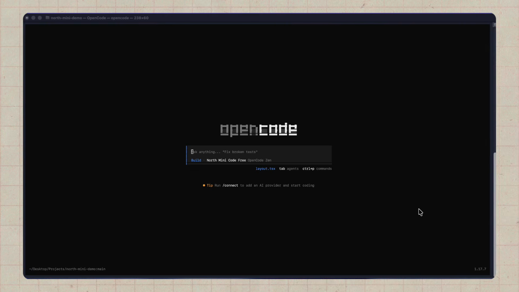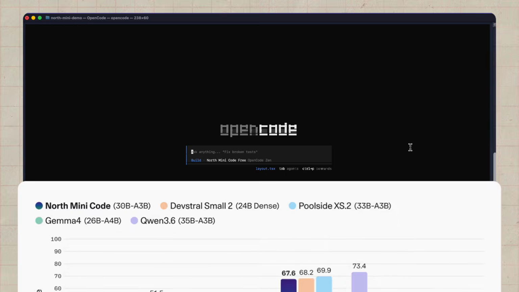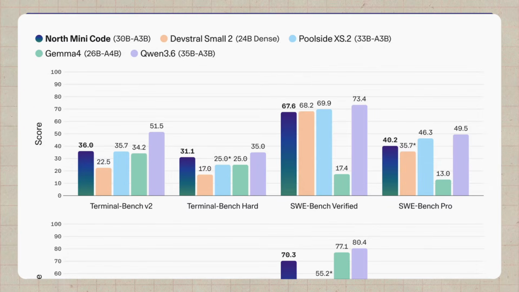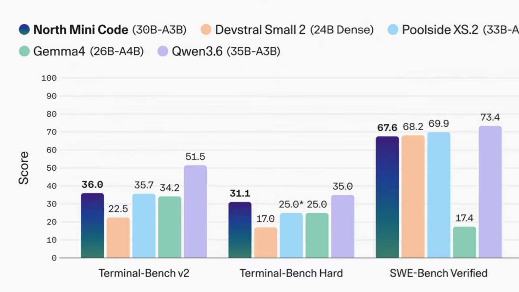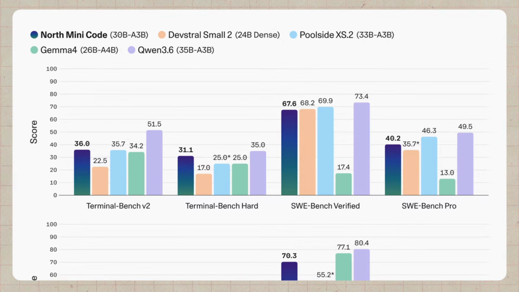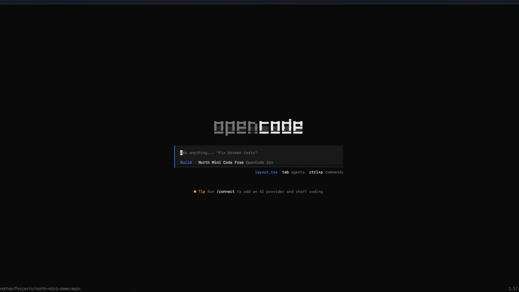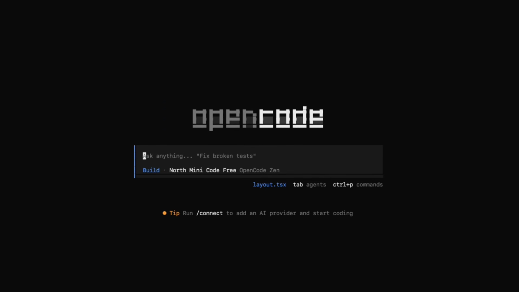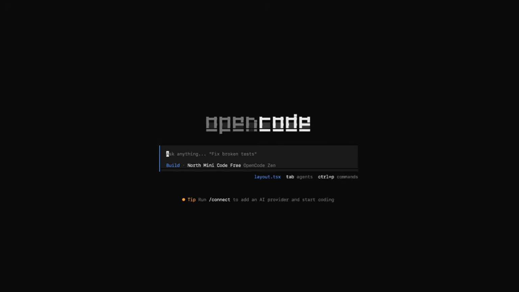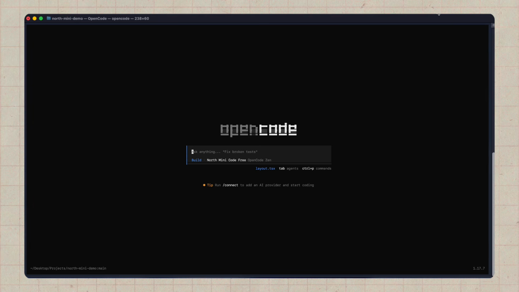After testing it inside OpenCode, my first impression is surprisingly positive. The model feels capable when exploring repositories, understanding architecture, fixing bugs, and implementing features. Is it replacing Claude Code tomorrow? Probably not. But considering it's open source, has a 256K context window, and is available for free in OpenCode, it's definitely worth trying. If you're interested in open source AI coding tools, North Mini Code is one of the most interesting releases we've seen